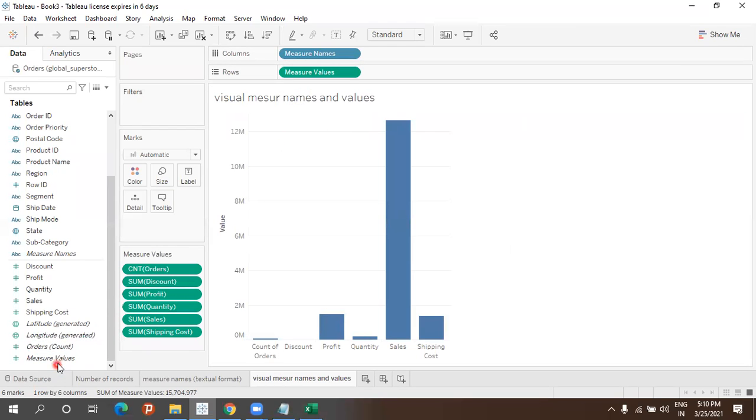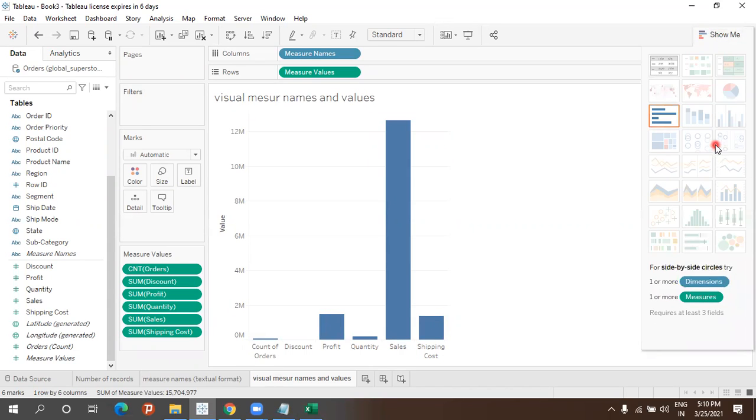The measure names go to the column, which shows the names, and the measure values we are having here. This is nothing but called graphical, meaning visualization of measure names and values. By default we are getting only this one.